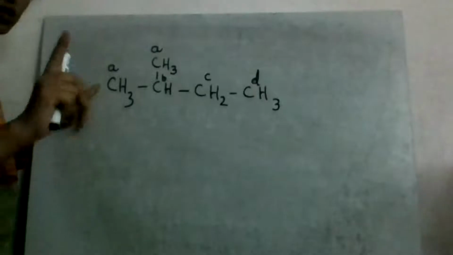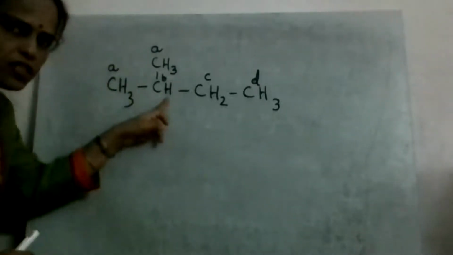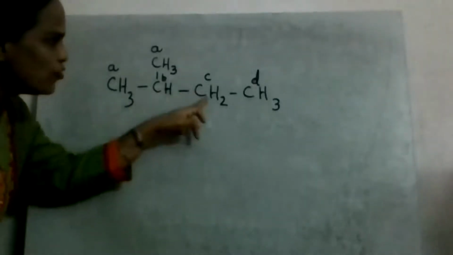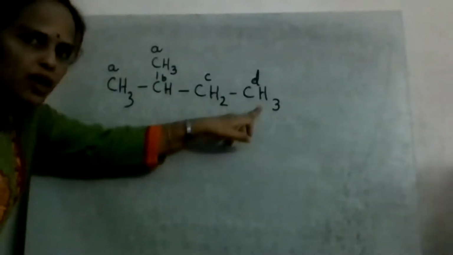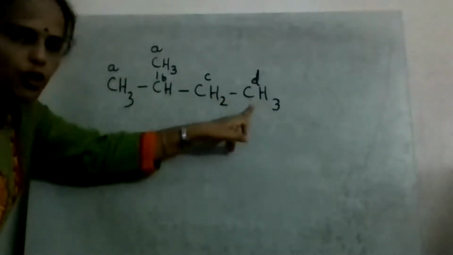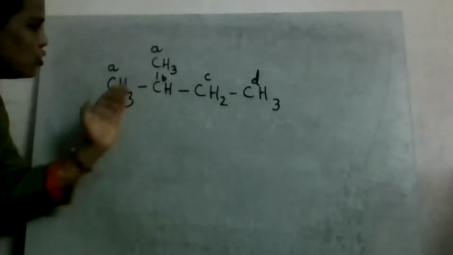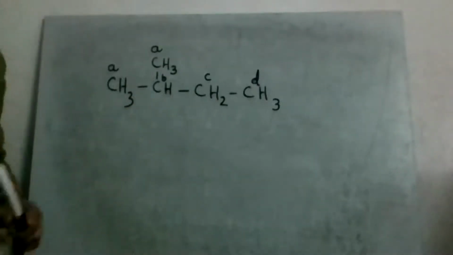So remove one of the hydrogens from here and replace it with Cl. It will result in the formation of one product. Then if you remove hydrogen from here and replace it with Cl, it will give you the second product. Plus, if you remove from C part, it will give you the third product. If you remove from D part, it will give you the fourth product respectively. So 4 products are formed when you do the chlorination of this compound. I hope you have followed.